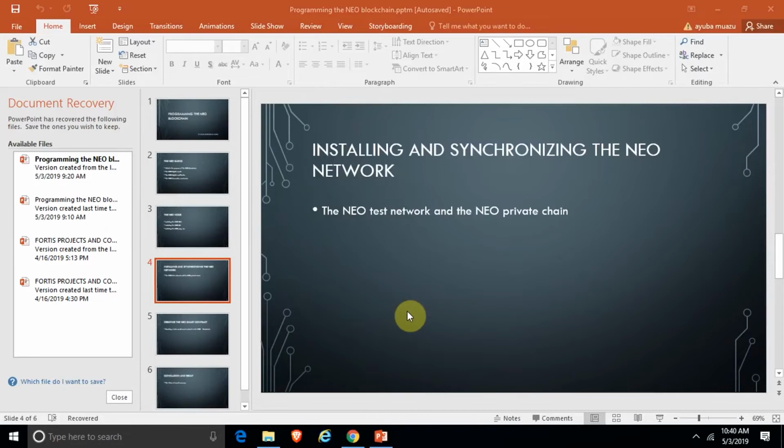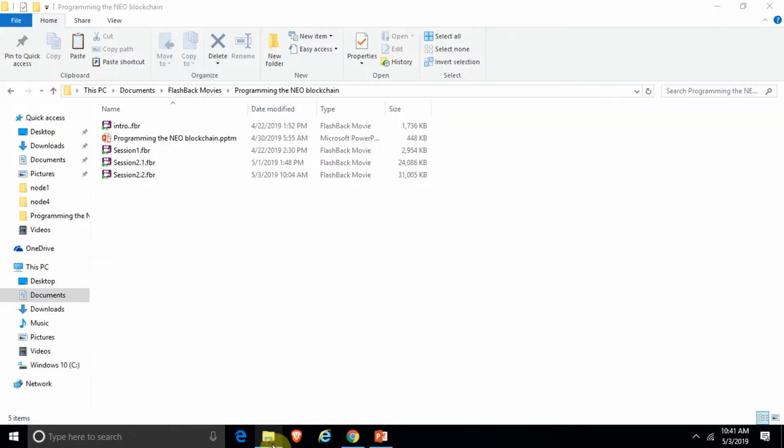real gas. So just like Ethereum has gas when you want to deploy smart contracts, the Neo network also has gas, the Neo gas, and so we have different ways that we can actually interact with the Neo blockchain. So the test network is one of the ways that's intended for developers, so as not to incur money when developing. So we have methods of switching to the test network, but first of all, let's open the